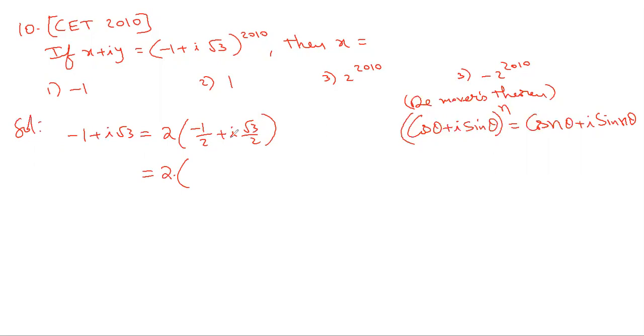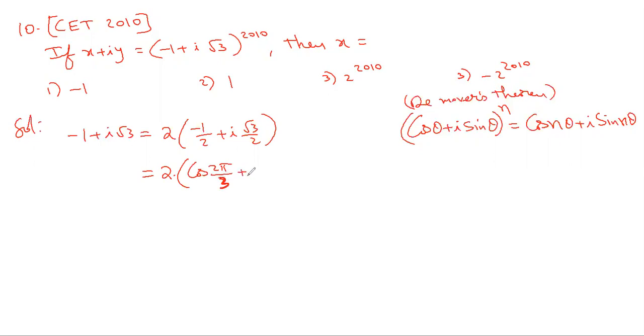Sine theta is root 3 by 2, cos theta is -1 by 2. Sine positive, cos negative, that is in the second quadrant, and sine 2 pi by 3 and even cos 2 pi by 3 will also give this. So I'm writing directly because